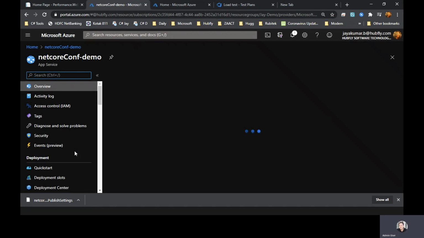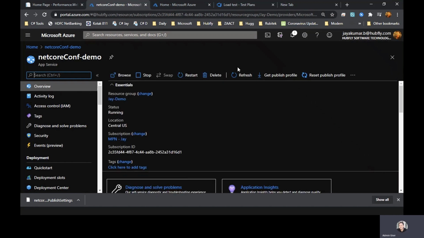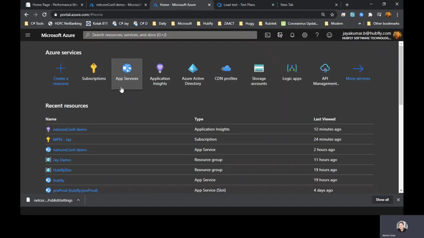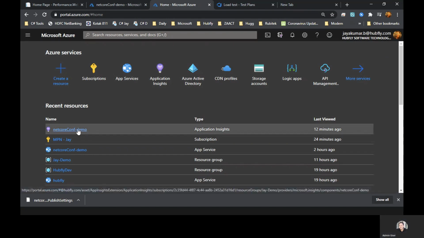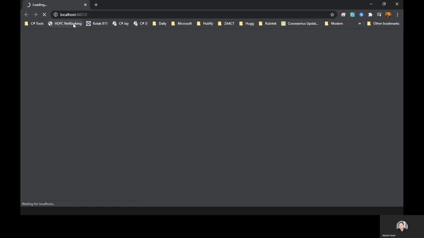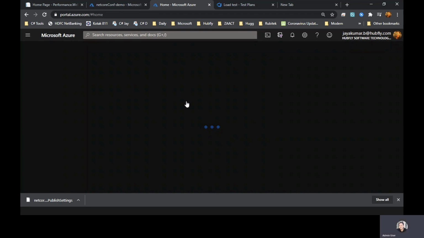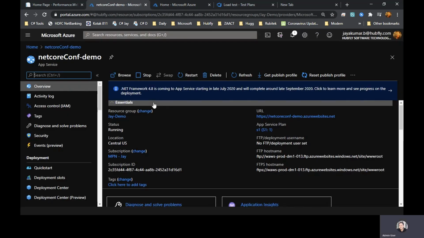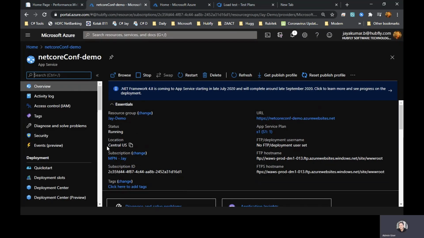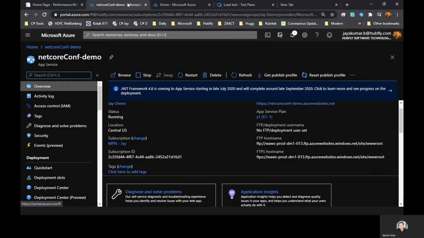Then whether we need to enable retries for availability test failures as well. Then we need to define the test frequency: how many times we need to hit it and at what frequency, whether every 5 minutes, 10 minutes, or 15 minutes. We can define this frequency here. And the more important thing is location. As I said earlier, it is not the case that your application is accessed from only one location. It can be accessed from anywhere because we are in a cloud world, right? Everything we get in our hands, mobile and laptop. You don't have to go anywhere, and it is all accessible. So it is recommended to use a minimum of 5 locations, and if you want more, you can use more.